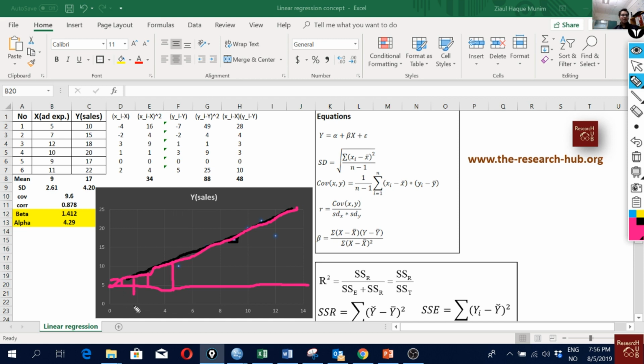When the value increased from 1 to 2, the value increased 2 multiplied with 1.41. That is, with 4.2 the constant, we will add something like 2.8. So we multiplied 2 with beta, and we will get a value close to 7 here. When we have 2 here, we will have a value close to 7, as you can see, right? So this is how it works. For 1 unit increase in the value of the independent variable, the value of the dependent variable increases by beta, and alpha is the constant. Regardless of the value of the independent variable, this will be the value of the dependent variable. Okay,